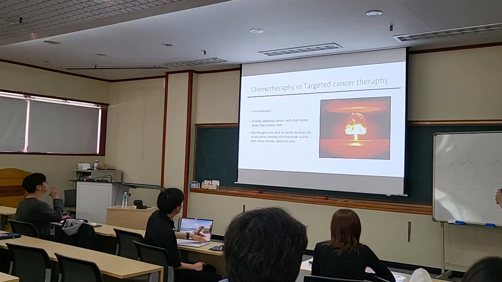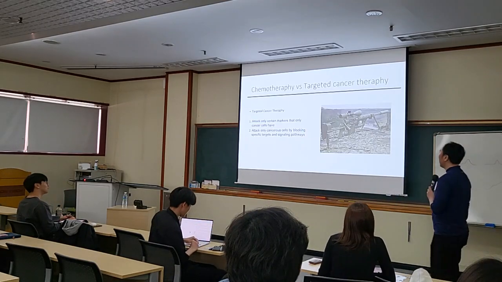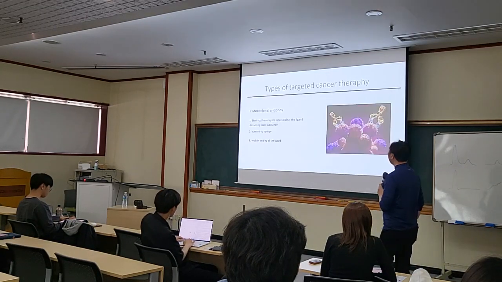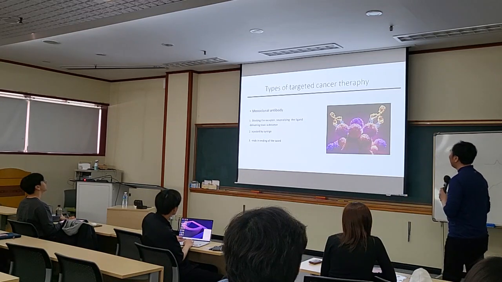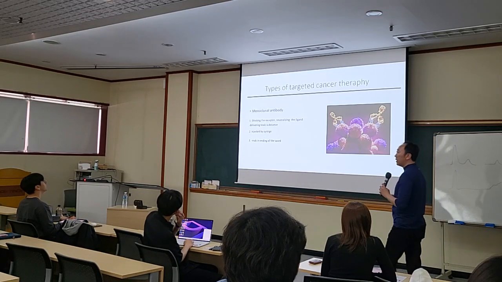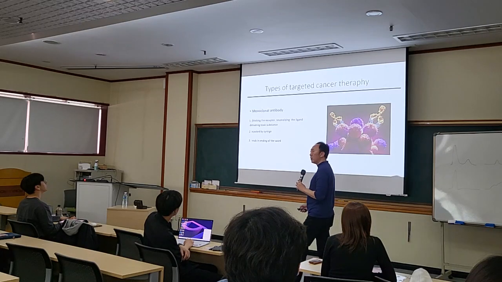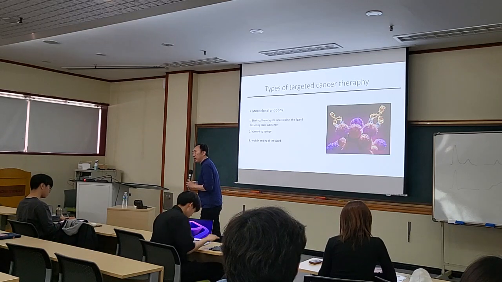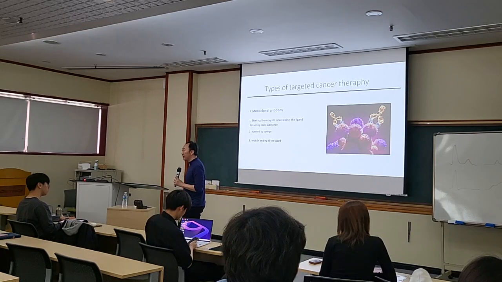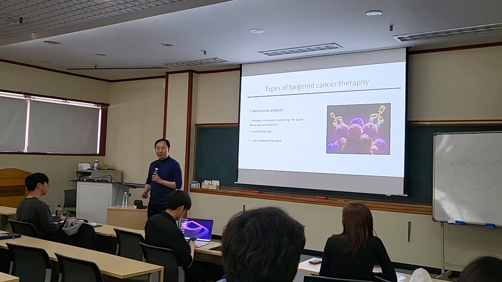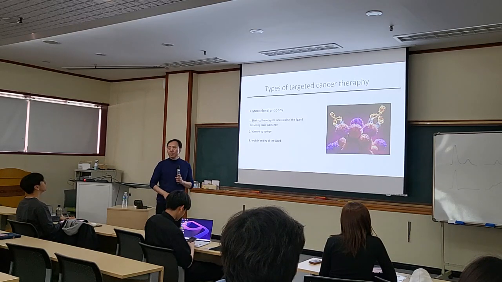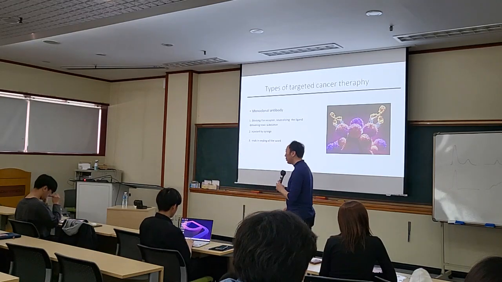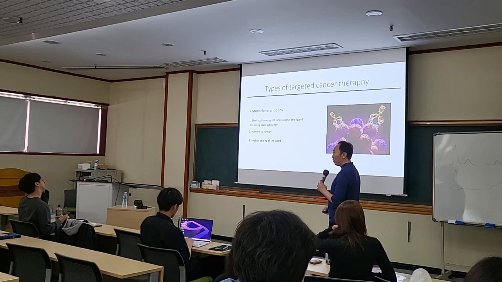Okay, so rather than attacking the machinery itself, now you are killing their signals, that is targeted cancer therapy. And here there are two ways. We can use either antibody. Next week we are going to talk about immunotherapy. Immunotherapy means most likely we can use either antibody, antibody target, or cell itself, but depending on those targets, antibody also can be second generation too, even first generation too, depending